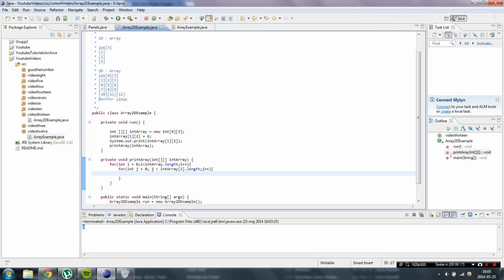So how this works is that first of all we set i to 0, and that means we are over here, and then we set j to 0, and that will give us the value 1. Then we increase j by 1, and it will be the value 2. Increase it by one once again, and it will be 3. And then we have actually reached the length of our array, so we're going to exit the for loop and